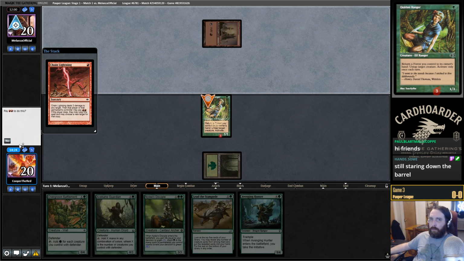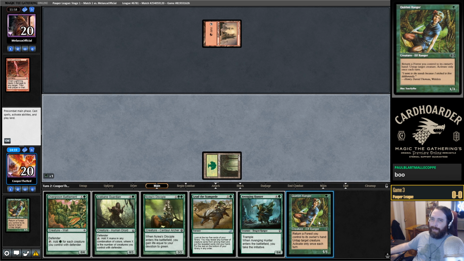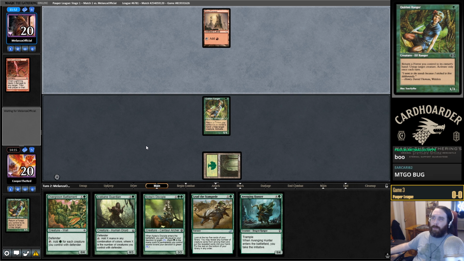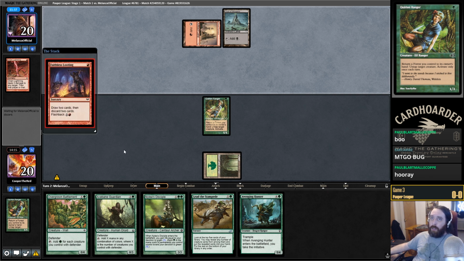Boo. All right. It is what it is. Would have preferred a forest there or a plains, obviously. I think if they have another spell to kill the Quirion Ranger, it's still the thing to do. Now they're going to Faithless Looting. So maybe they're putting out a